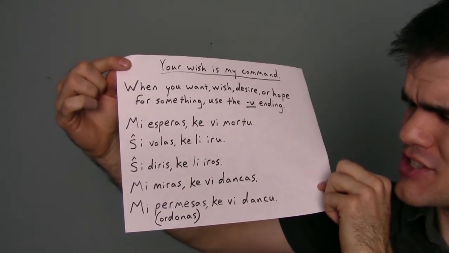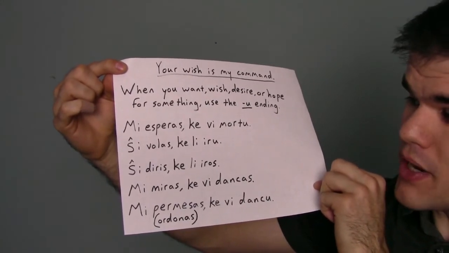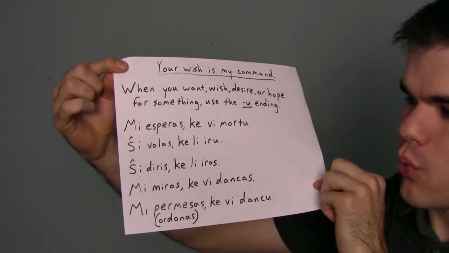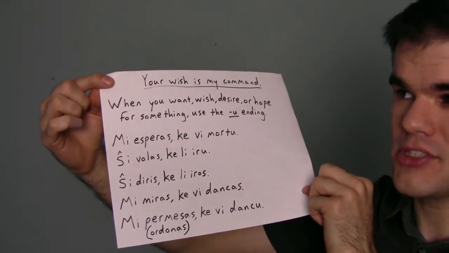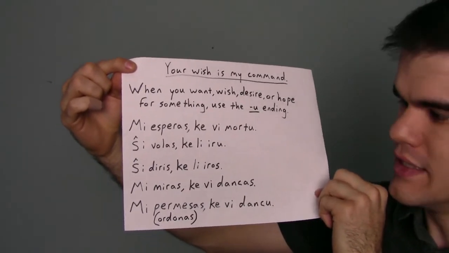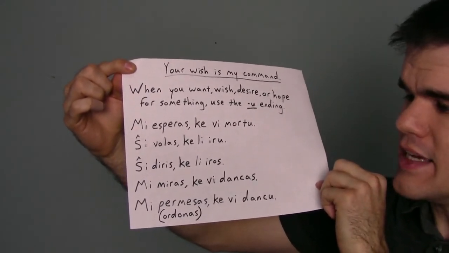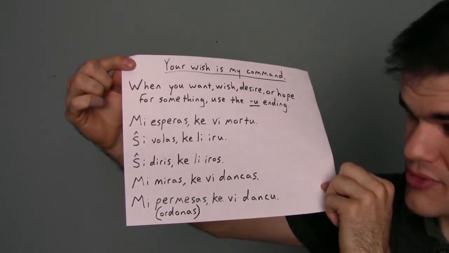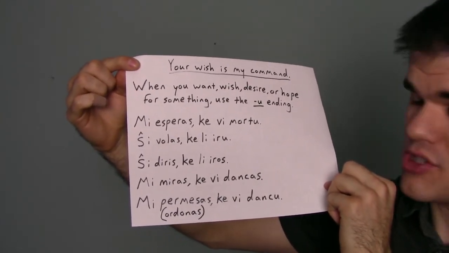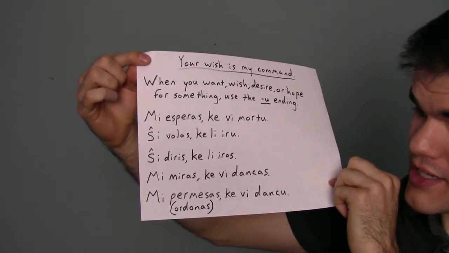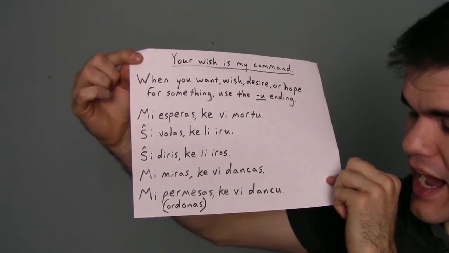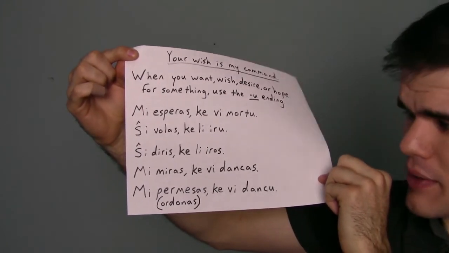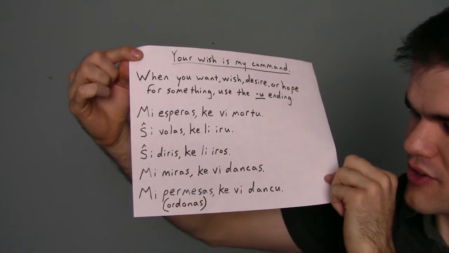So why in that case do we not use the you ending? Well, it's because above, she desires something. She actually has a dog in the fight, if you will. She wants him to go, so it's almost like if she had her way, she'd command him, but she's not going to command, but she certainly wants this to happen. Whereas below, she's simply reporting the facts to us. It's very neutral. She is saying that he will go. She's not saying that she wants him to, she's not saying she doesn't want him to. She's just saying that he will. And below that, mi miras ke vi dansas. I marvel at the fact that you are dancing or that you dance. I'm not saying that I want you to do it right now. I'm just saying I think it's marvelous.